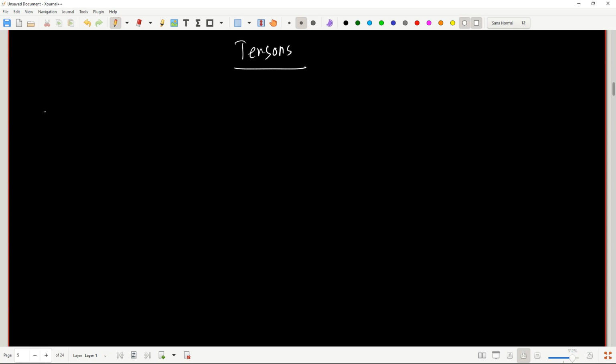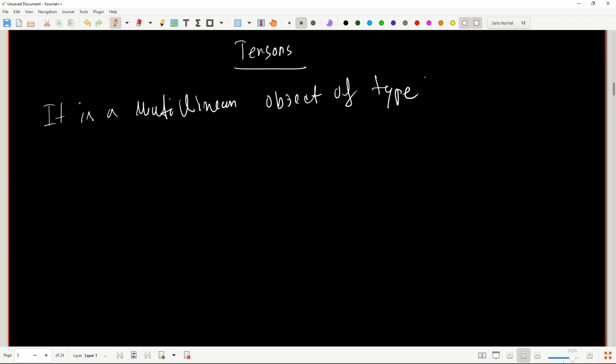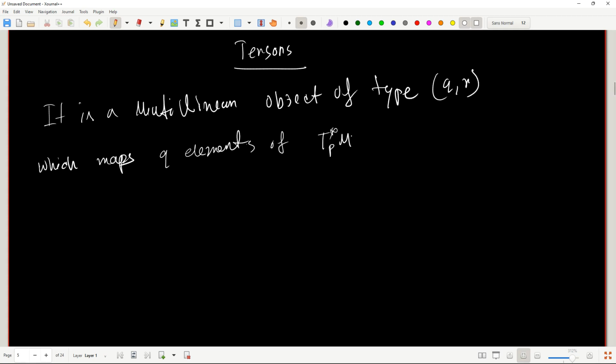So a tensor is a multilinear object of type (Q, R), let's say, which maps Q elements of T star PM, that is the cotangent space,